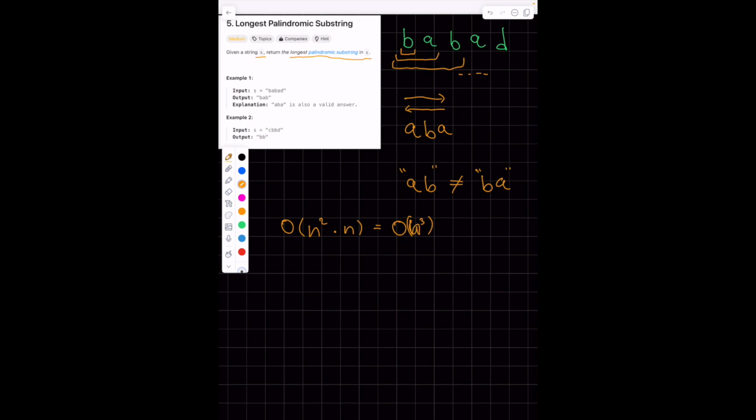Sorry about my writing. So now that we know that we can solve this problem this way, let's think, can we do any better? Well, there is a trick. And the trick lies in the fact that there are two ways that we can check if a string is a palindrome. One way is, given a string,